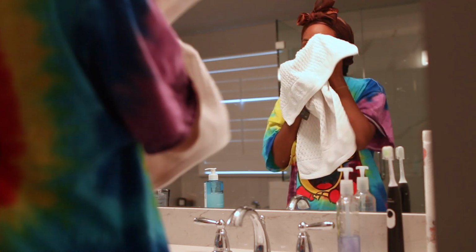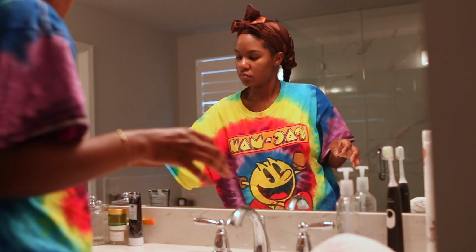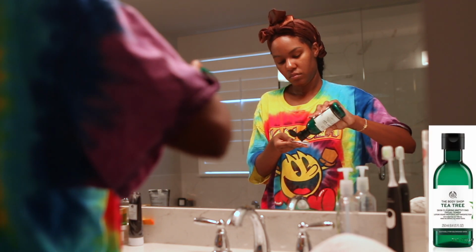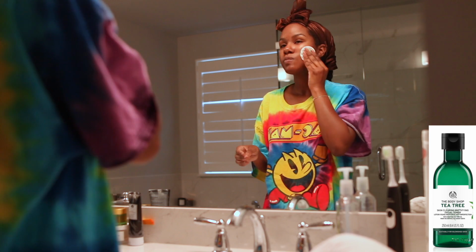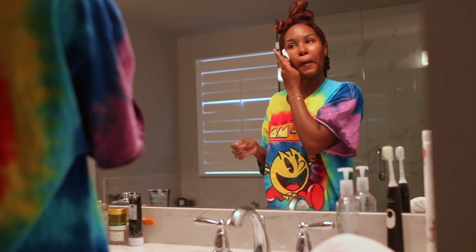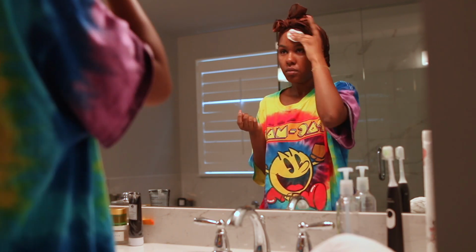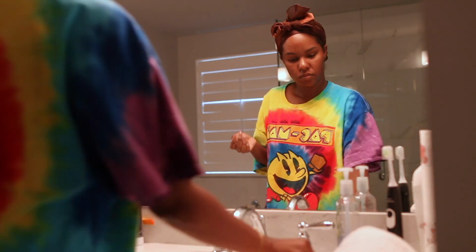So after I pat my face dry after I've cleansed, I like to go in with my toner. And the toner that I like to use in the morning is the Body Shop Tea Tree Skin Clearing Mattifying Toner. And it's really good if you have oily skin because it controls your oils throughout the day. And I get this from Ulta. So while I let that dry, I just like to wipe up the water around my sink,